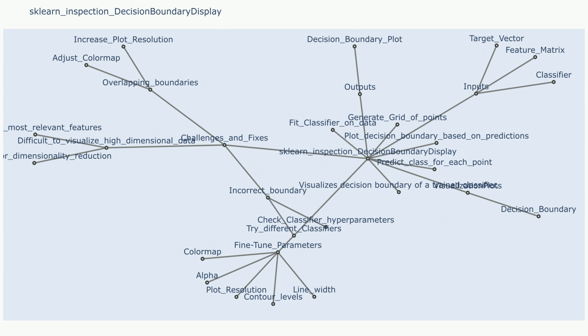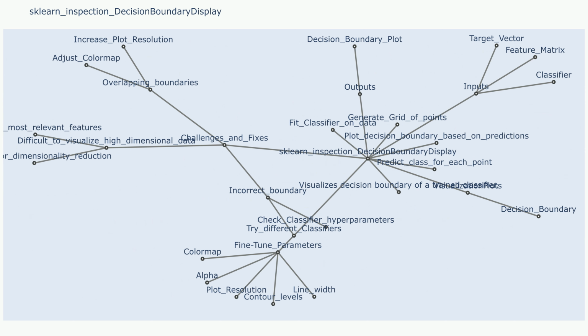Parameter 7: plot decision boundary. This parameter controls whether to plot the decision boundary. By default, it is set to true. Parameter 8: plot data points. This parameter controls whether to plot the data points from X. By default, it is set to true.